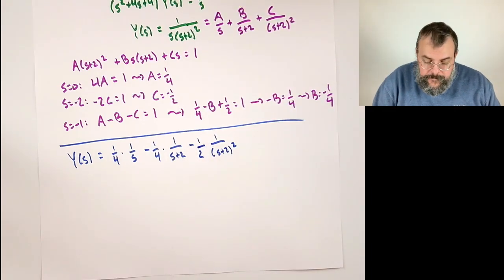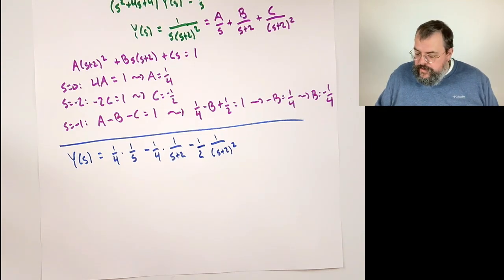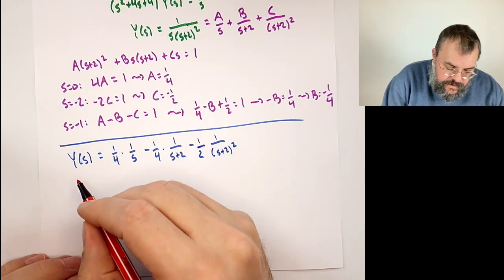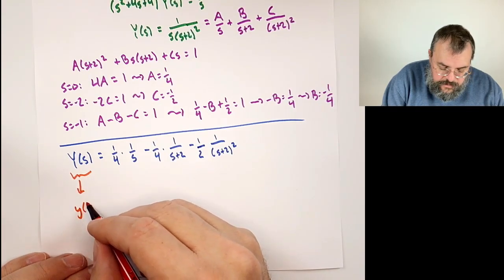All right. And now we ask ourselves, how do these things map? Well, Y of s, that's pretty straightforward. That goes to y of t